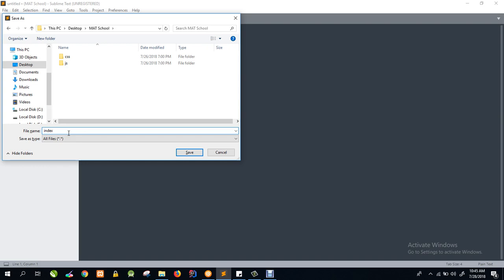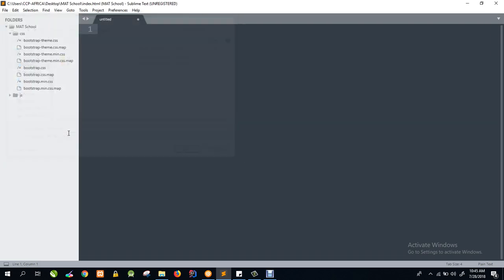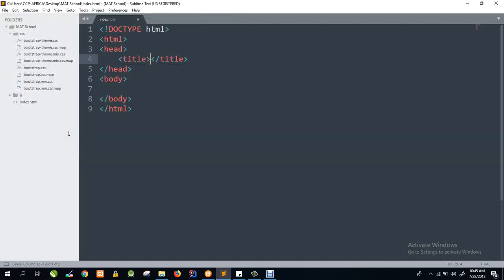This is our index.html. Then from there, as usual, the HTML layout, then maybe the title Math School. Alright, so now inside the head we need to create a link. We will start by linking to this